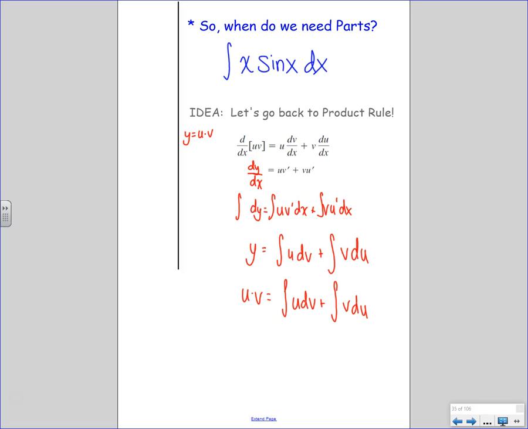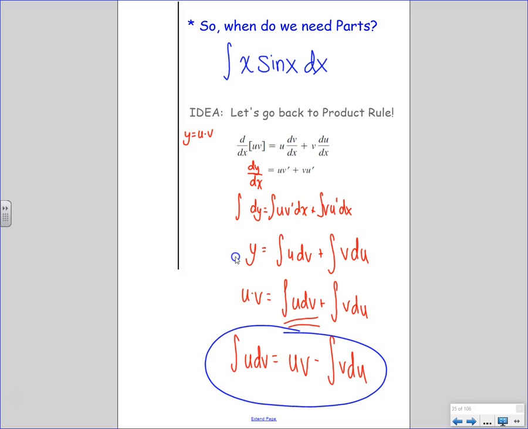And so integration by parts comes from basically taking a product rule, putting in a differential, solving the differential equation, and saying, well, I don't have either of those integrals. True, but what can you do? You can solve for this one by subtracting the other one. You end up just flipping the sides to make it look prettier. The integral of u dv is going to equal u times v minus the integral of v du. Integration by parts is based on that formula right there.